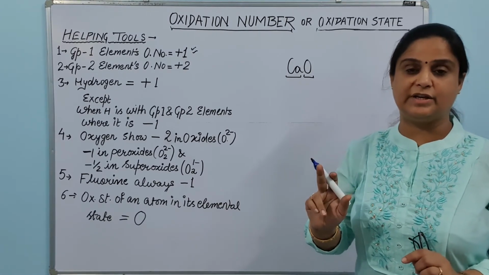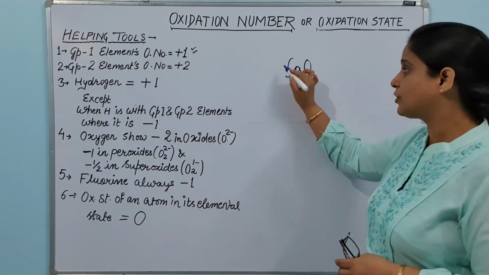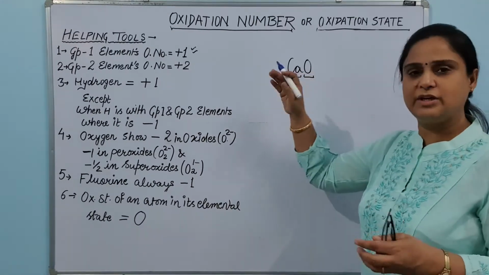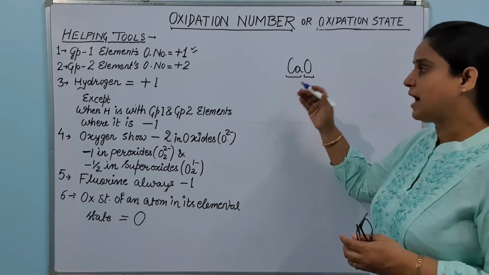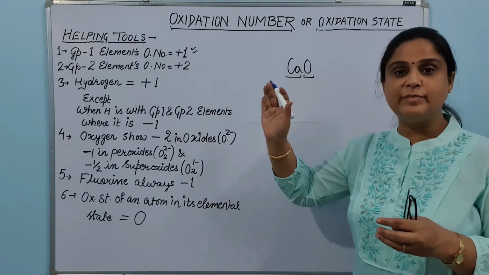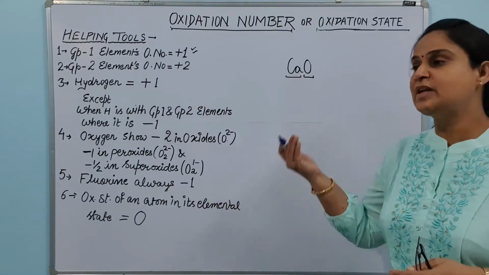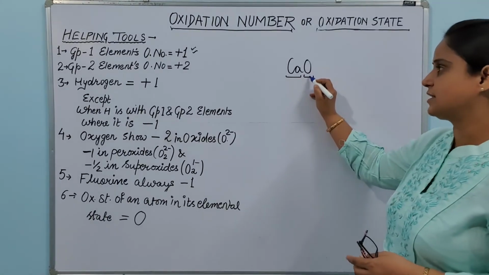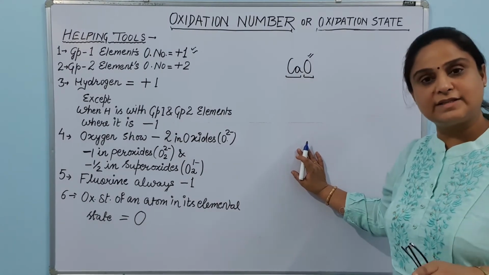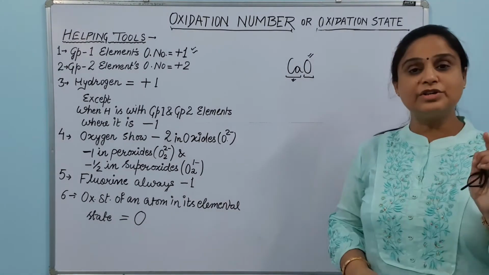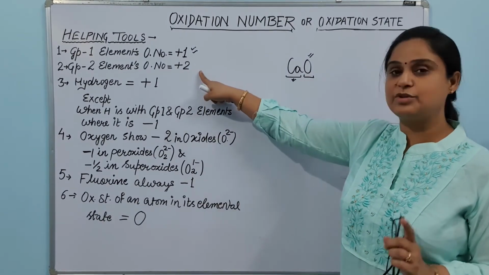In a molecule I am telling you. So it should be a neutral molecule. Always molecules are neutral. So the overall charge on these two species, or 3 or 4, whatever the number of species are, should be 0. So we have to calculate in such a way. We will be adding all the oxidation states and we will make them equal to 0. So it is calcium and oxygen. And if you want to calculate the oxidation state of oxygen in this calcium oxide, what will you do? You are sure here that calcium always shows +2 oxidation state because it belongs to group 2.